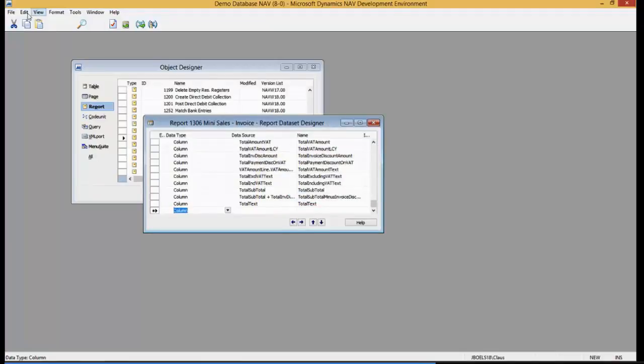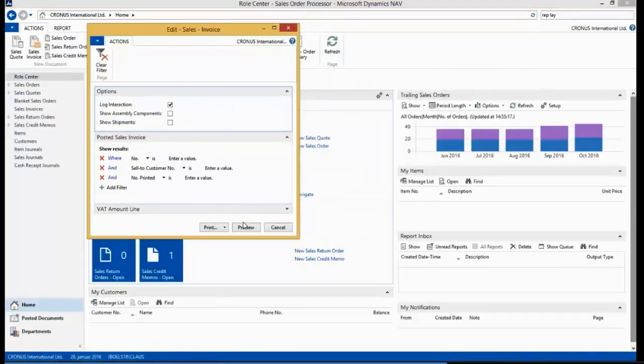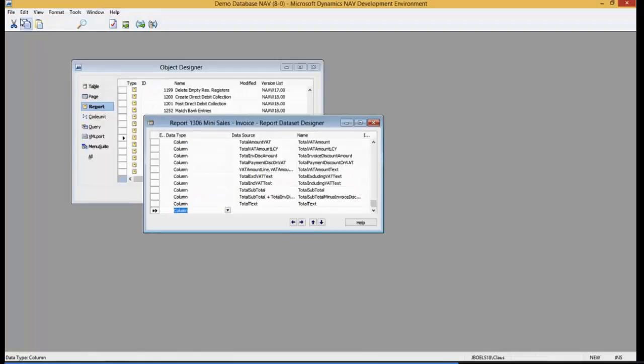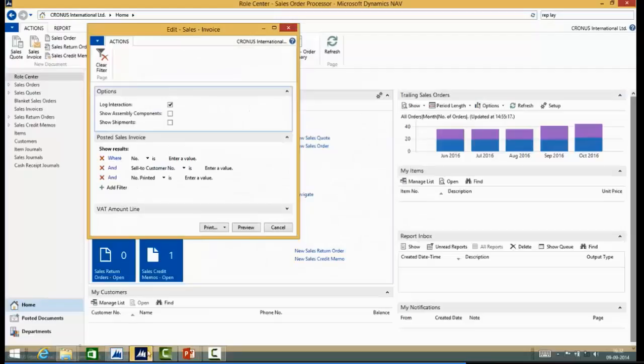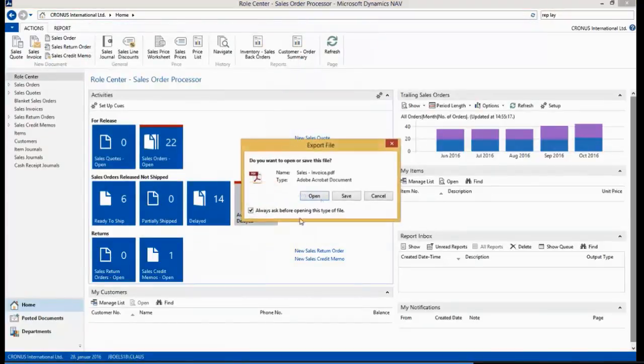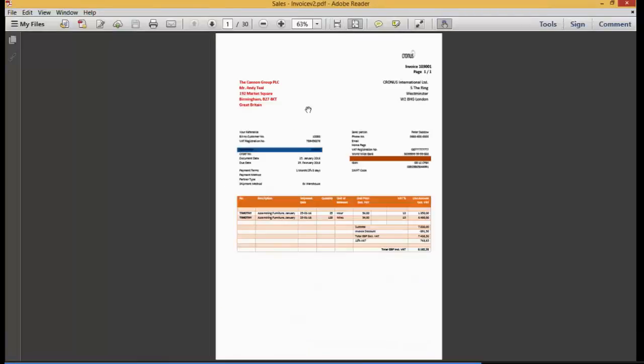So let's run the report again. So run, and when we go to the Role Tailored client and we go Preview, we see that now Word is opening up. I prefer opening it in a PDF, so let's just run it again. So let's go Run and Print PDF. And we now see the changes that we have done in the object, because now we're running the Word document,